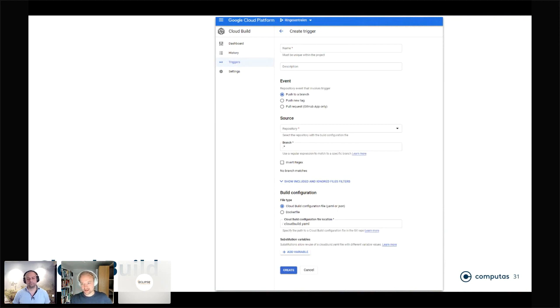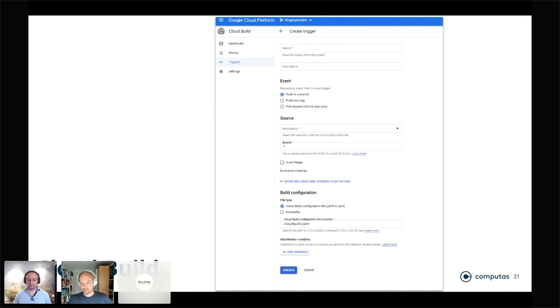What you can see here is the event on the screen, which says when this build should be triggered. It could, of course, be manual, but you can also say, whenever I push to branch main, do a build, or a pull or push to a branch or whatever. So that's one of the important configs here. The other important thing is the build configuration.